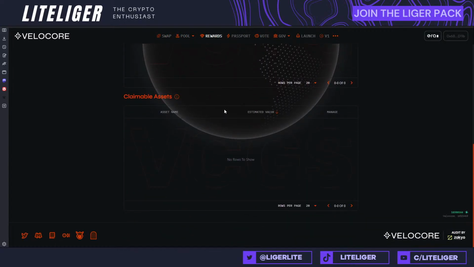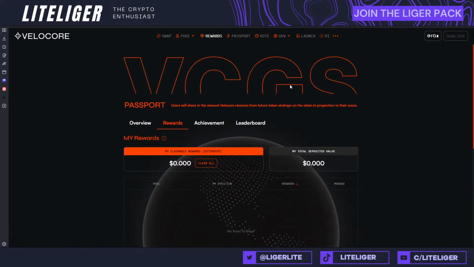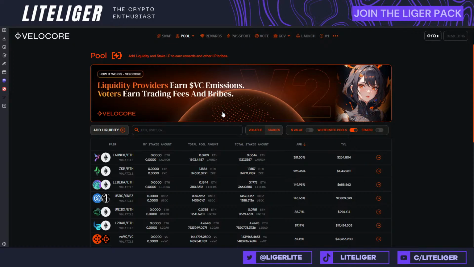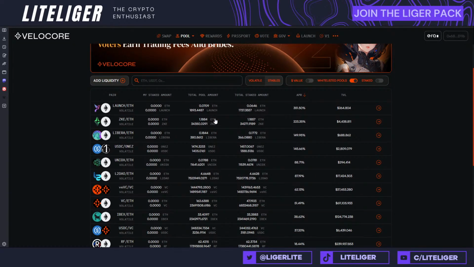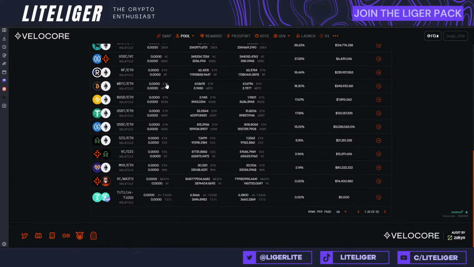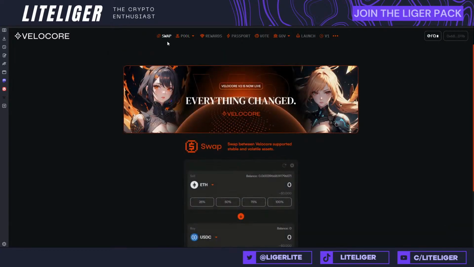I really like the design, not just because it's anime, but I really like this orange thing. There are a couple of interesting farming options here, and farming can be good for people who are a bit more whales and want to accumulate some returns for their money. These are a great way to accumulate more transactions. So Velocore is something you might want to look into as well. I'm going to link that in the chat, but this is not going to be included on my official list.